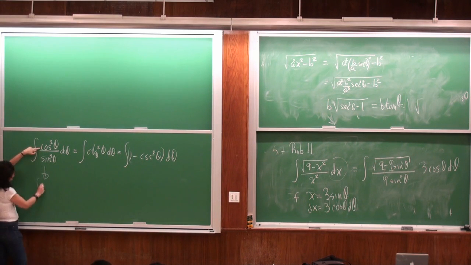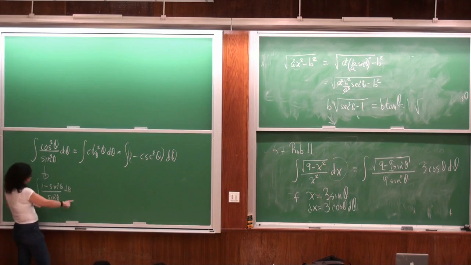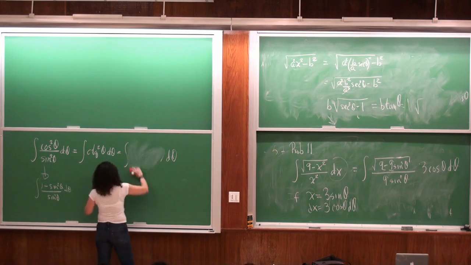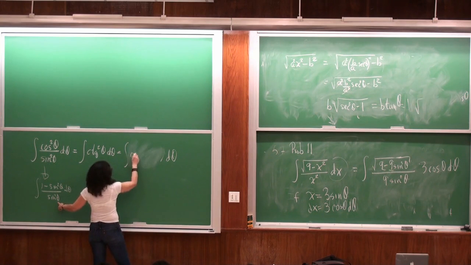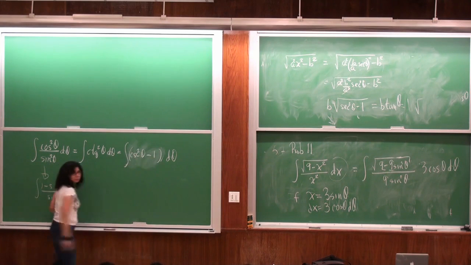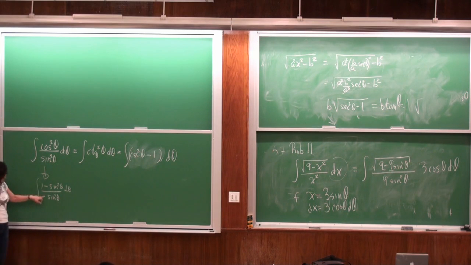By 1 minus sine square of theta, and then divided by sine square of theta. And then as you see, you get 1 over sine square is cosecant, right? Minus 1. So this is cosecant square minus 1. So it's the other way around. According to my formula, this is cosecant square minus 1. Correct? This formula says it's 1 over sine square, that's cosecant square minus 1. So that's the correct formula.